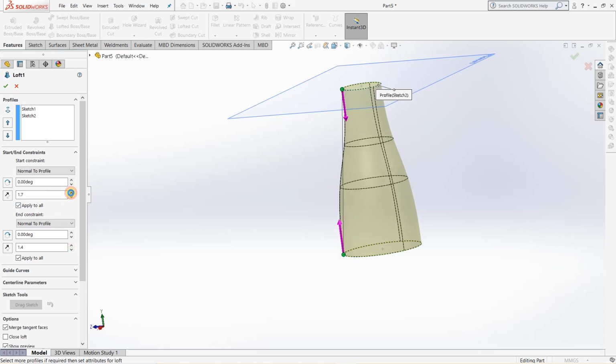This is how you control the shape of the loft, but it is not desirable in professional work. We need to create the curve using the guide curve because it controls the shape of the loft in a perfect manner with the exact dimension.